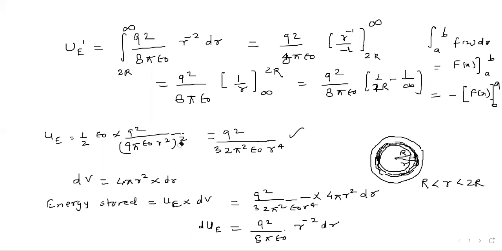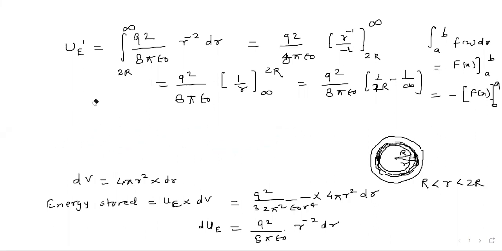And we know that 1 upon infinity is 0. So what do we get? We get UE dash equal to Q square divided by 16 pi epsilon naught